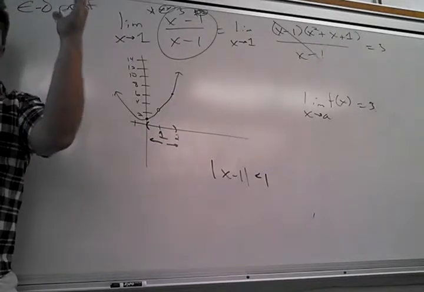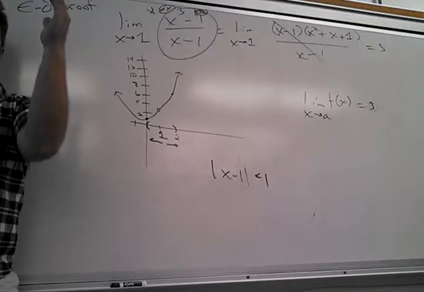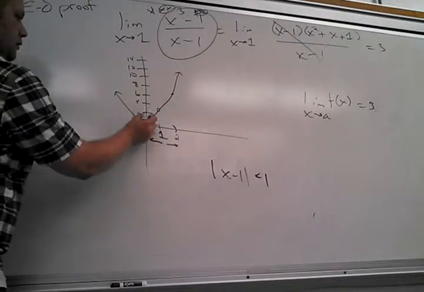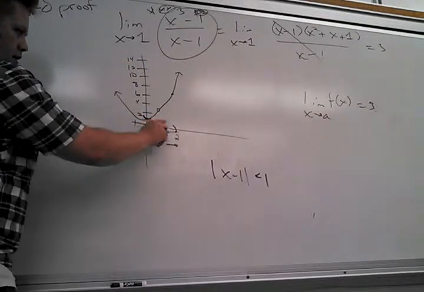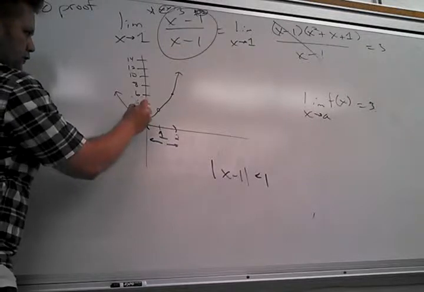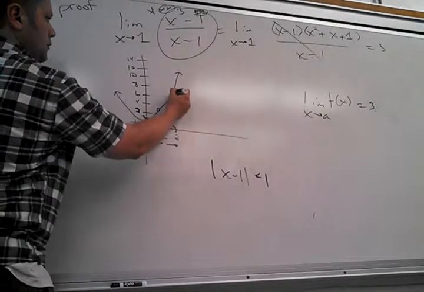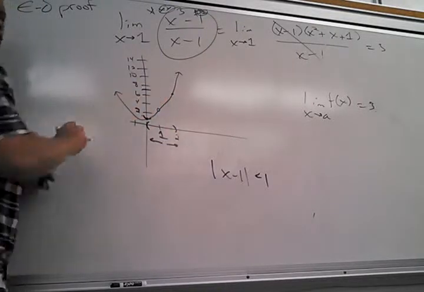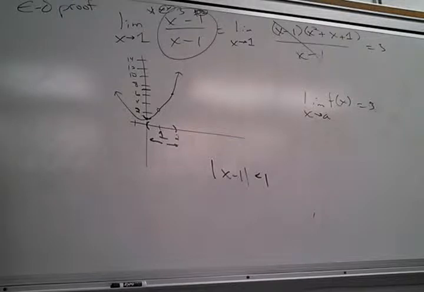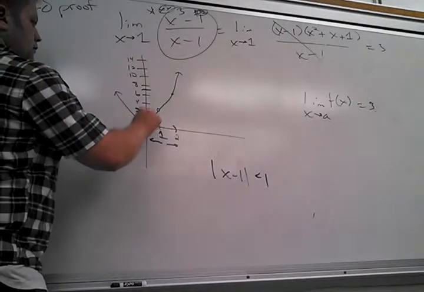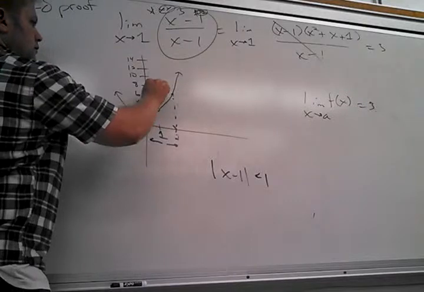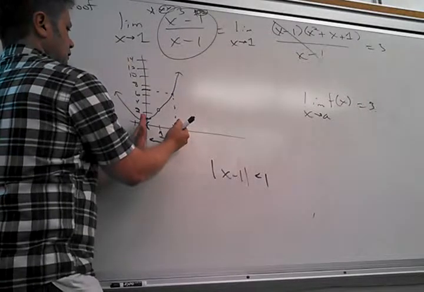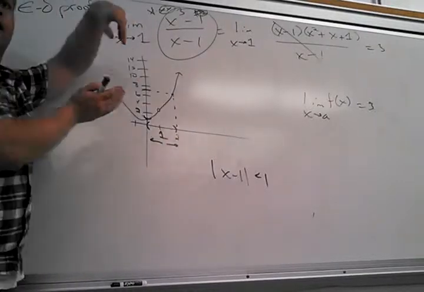So, for some interval around 1, I must be within so much of the output. Like, what's the output here? 1, actually. My little 2's off a little bit. It was 1 there, and what's the output at 2? 7. So, this interval on the x corresponds to this interval on the y. Let me just let you guys soak that in. What do you think? So this goes here. This goes there. So this interval on the x translates into this interval on the y.